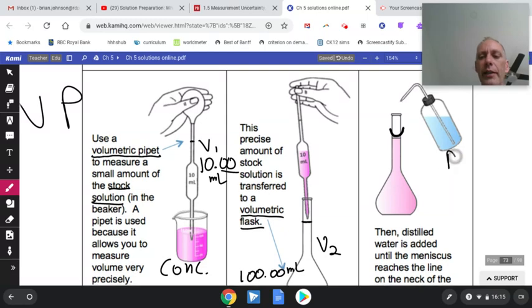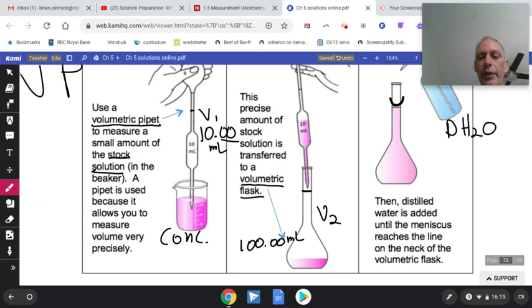We then add the DH2O and dilute it. Distilled water is added until the meniscus is reached at the line and we have our exact volume, 100.00. And this is now concentration number 2 that we have calculated. So this would be our new